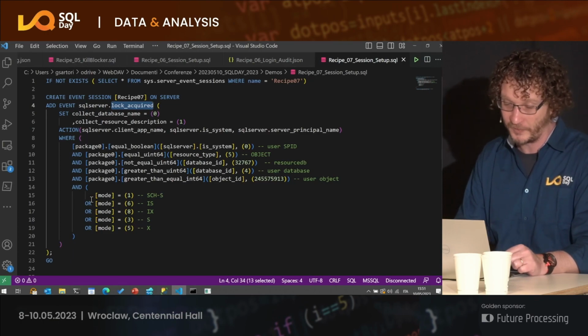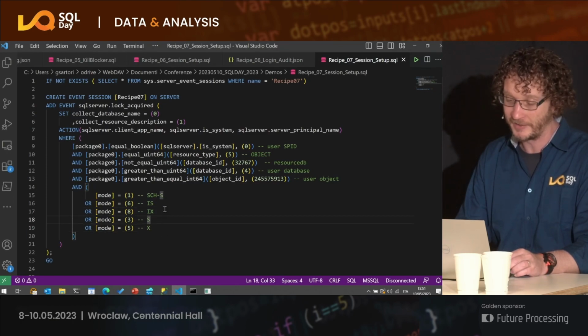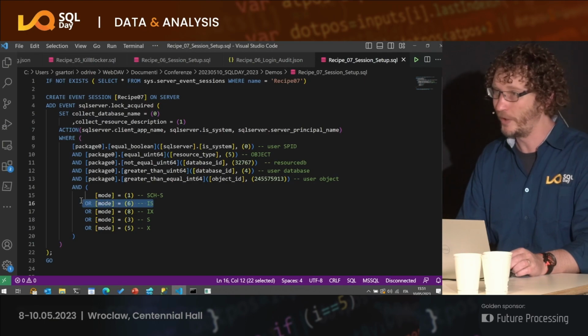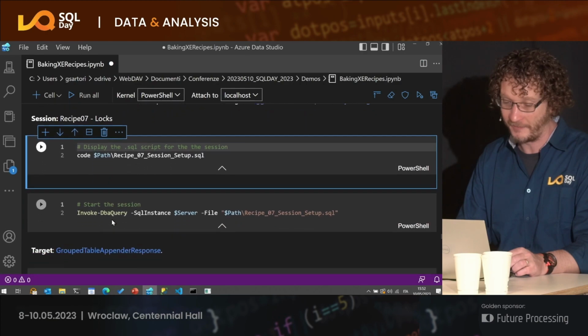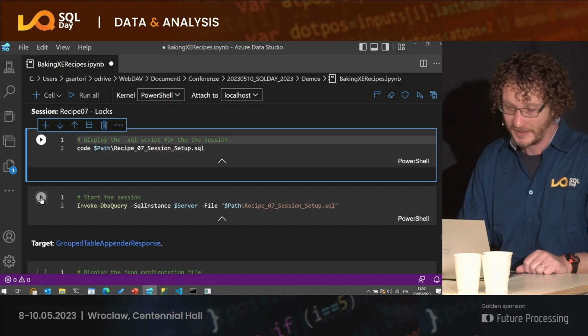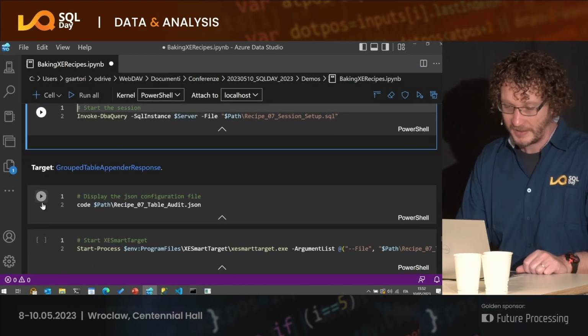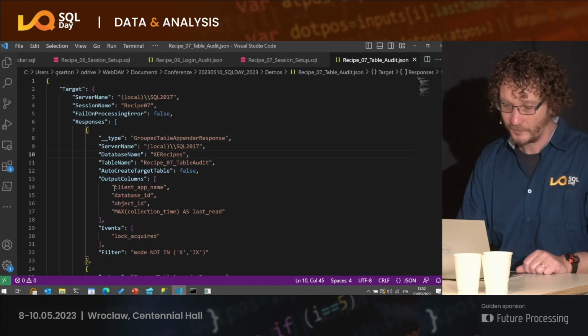But if you want, you can have intent exclusive and exclusive lock that can be considered as writes, and the others can be considered as reads. So if we summarize these, we can have a description of which tables are used and which ones are not. So if we start it and we use this JSON file to configure it, we can have the output here